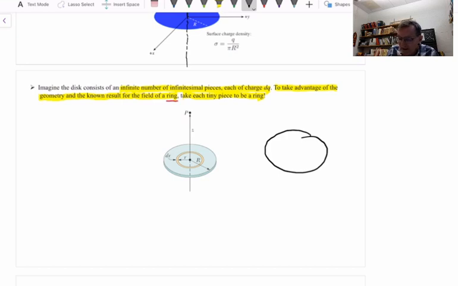That's my view of the disk. And then let me show some of these rings. There's just the center point of the disk. The ring has a little tiny bit of thickness like that. Okay? That's one possible ring. Now the next one would be just another ring layered just a little farther out from